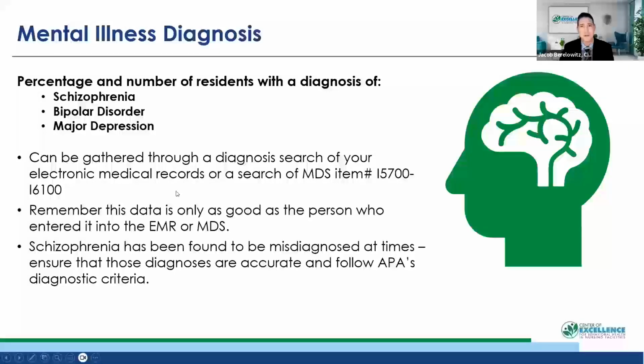All right, so we've finished our first data point. We've looked at mental illness diagnosis, and we've captured how many residents have that diagnosis. Be mindful that you want to think about what your total number is, and then what that is as a percentage of the residents in your facility. For example, having 5 residents with a serious mental illness in a 50-bed facility would be very different than in a 300-bed facility. It would mean you have a different proportion of residents with a serious mental illness, and you might approach it a little bit differently.